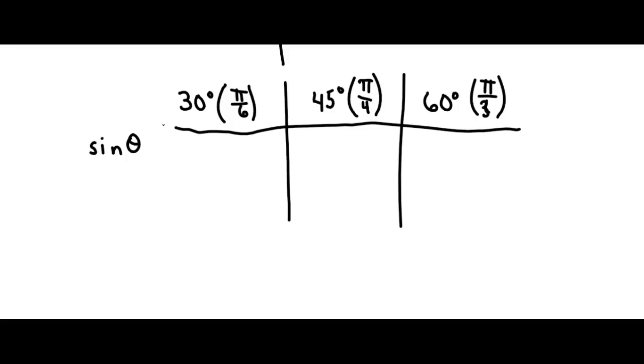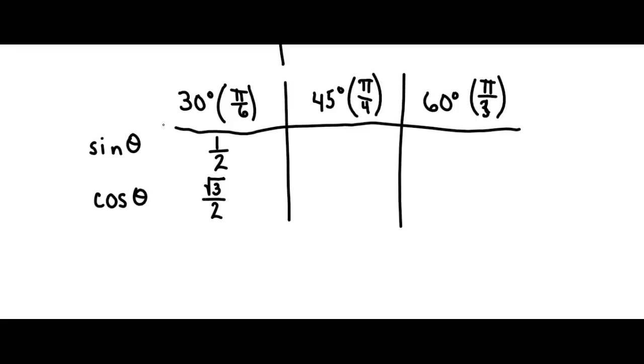So sine of pi over 6, or sine of 30 degrees, is going to be 1/2, and cosine is going to be the square root of 3 over 2. If you were to make points on your axes with a terminal side at 30 degrees, these are the ratios